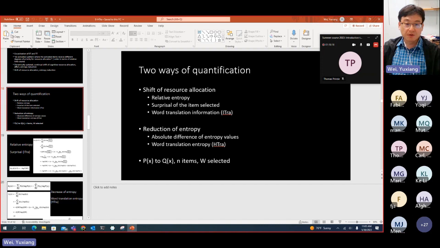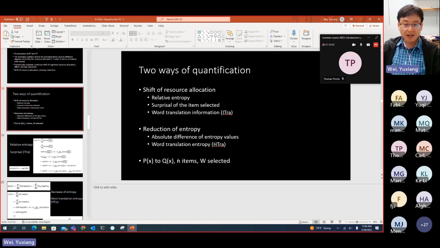The other perspective, which is the reduction of entropy, I will argue is the absolute difference of entropy values between two mental states, and can be approximated by word translation entropy, as denoted by HTra in the ST tables. So if we have the initial activation pattern, which corresponds to a distribution of px, and then the final selection stage after all this competition among the alternative candidates, the eventual distribution denoted by qx,